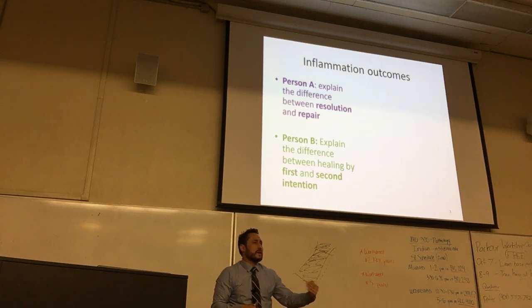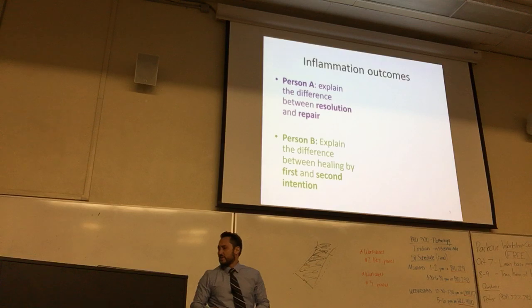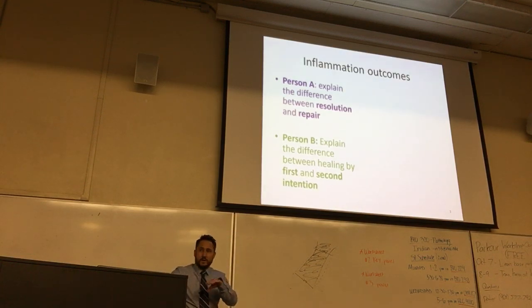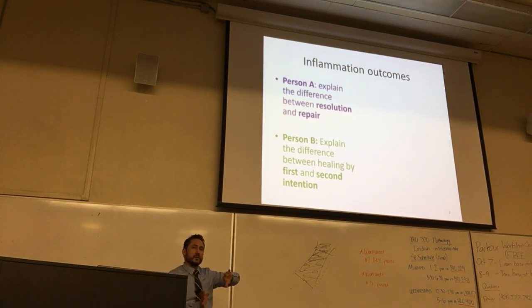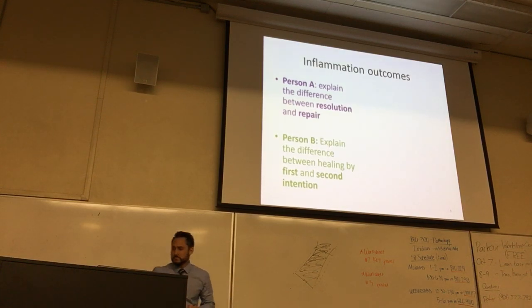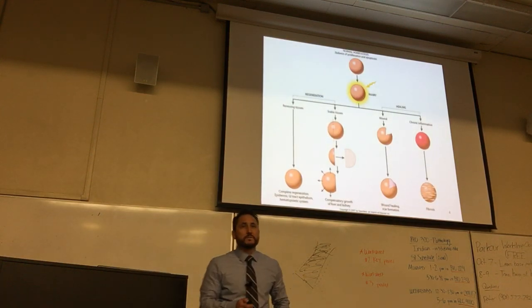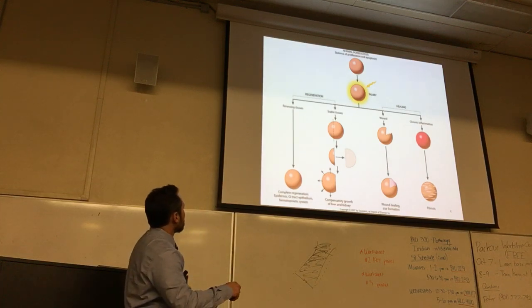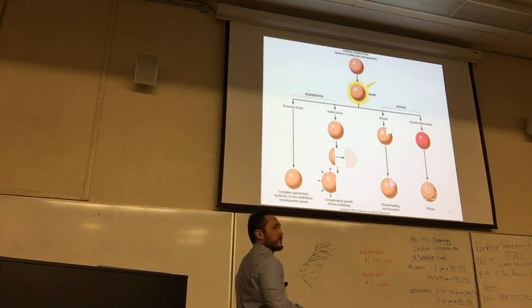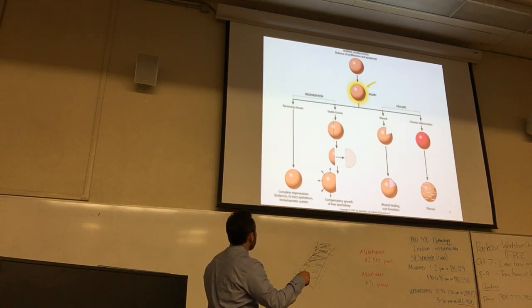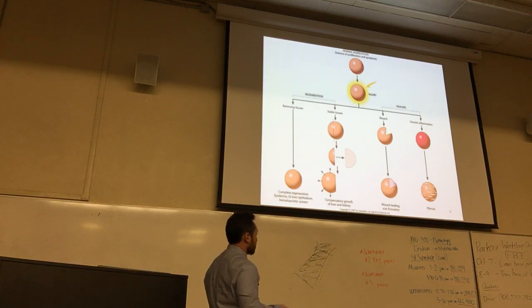And so if you have a nasty scar that a plastic surgeon has looked at or said, you know, if that really bothers you over time, we can do our best to try to make it look better. It may never go away completely, but we can probably try to convert it from a second intention healing to a first intention healing. And the younger that you do that, the better the result. Okay? All right, so let's look at this figure, which further describes the two different processes of regeneration versus healing, in a picture format. So if you've got a cell, you have an injury, you can go down a regeneration or a healing pathway.